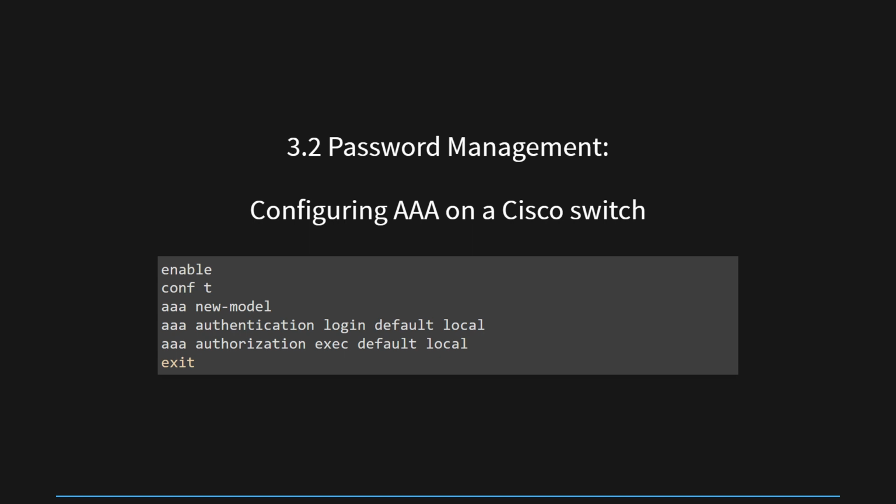Subsequently, they set the authentication method to local using the aaa authentication login default local command, which signifies that users attempting to log into the switch will be authenticated against the local user database. Additionally, the aaa authorization exec default local command specifies that the authorization for privilege level access is also handled locally. By executing these commands, the administrator reinforces password management by configuring the switch to verify user credentials against its own local database, ensuring secure access and protecting the network from unauthorized users attempting to gain entry.